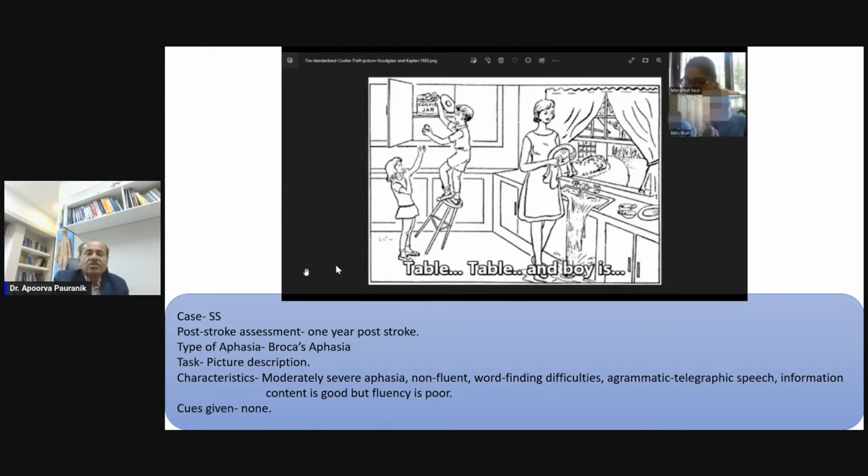Table. Instead of stool, he's saying table. Boy is cupboard. Yes. Cupboard and